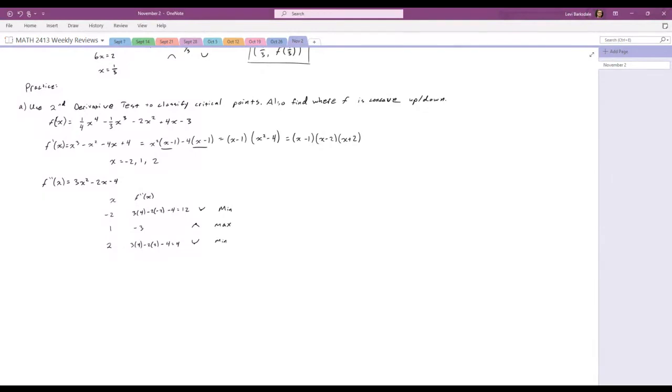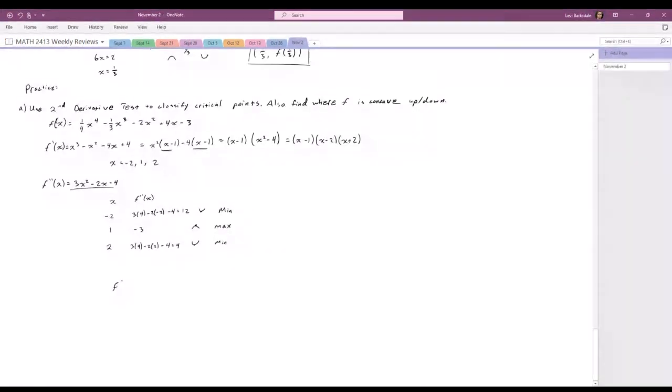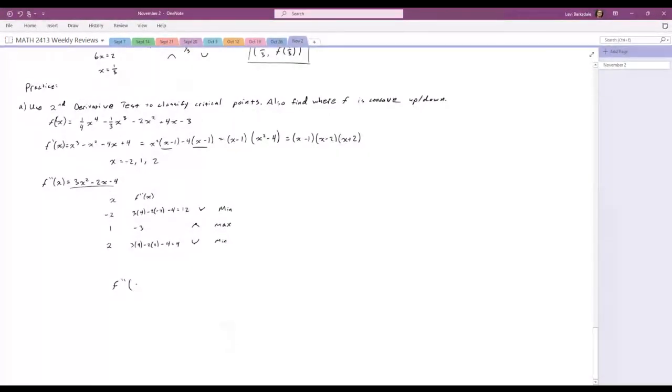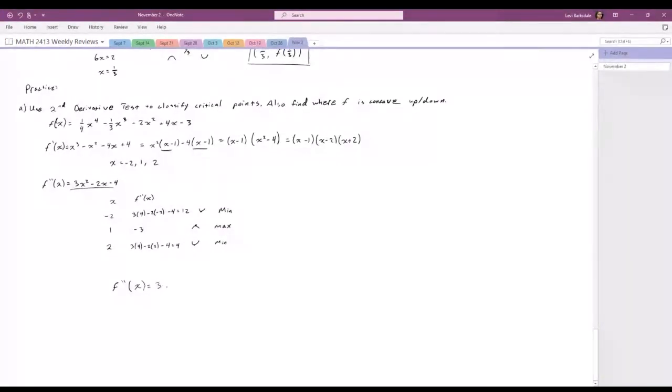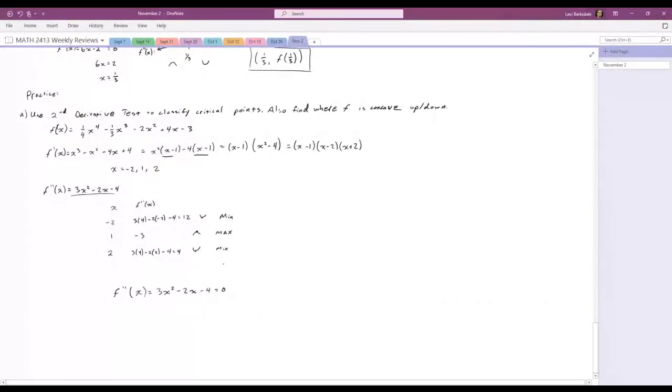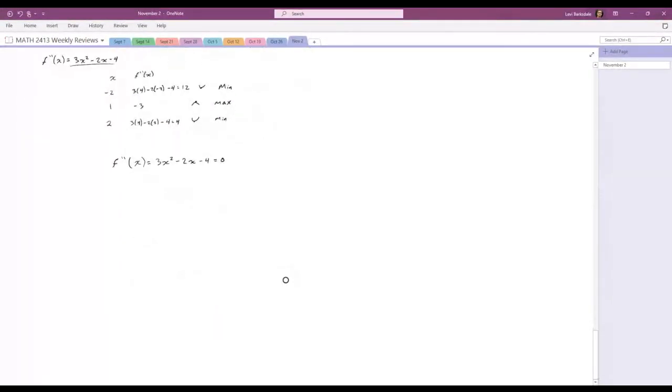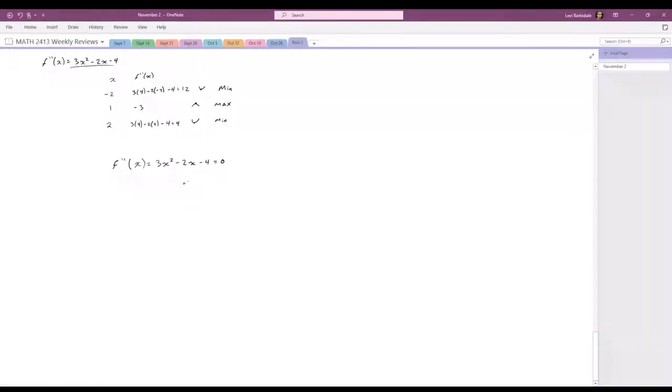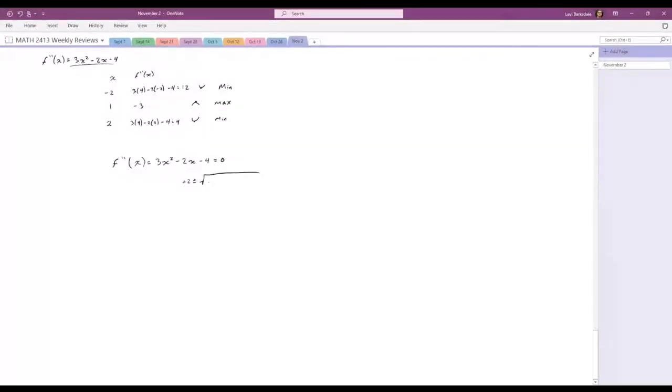Next, I need to find my points where my function is concave up or down. And to do that, I use my second derivative. So here I have my second derivative. I need to identify where this is equal to 0 in order to find where my possible inflection points are. In order to solve this, I'm going to be using the quadratic formula, just because I don't think it factors nicely. So the quadratic formula, I would have negative negative 2, so positive 2, plus or minus the square root of